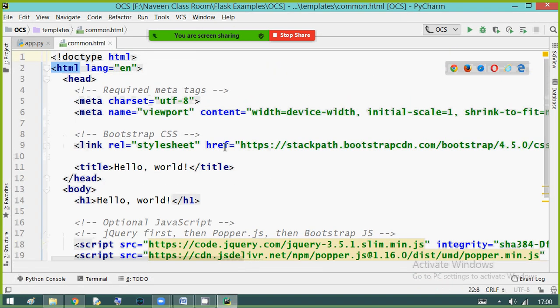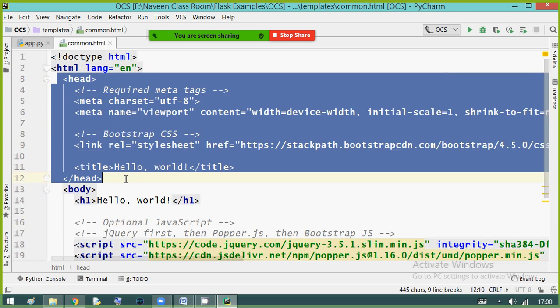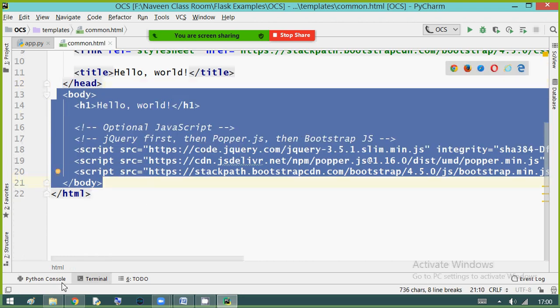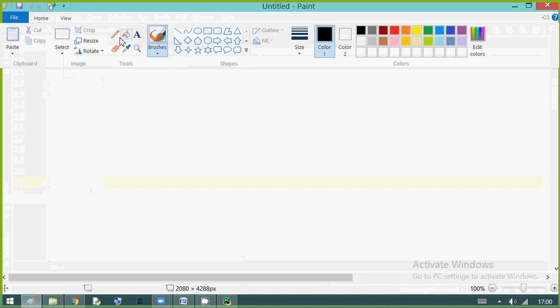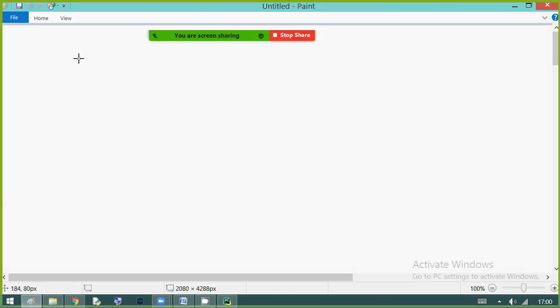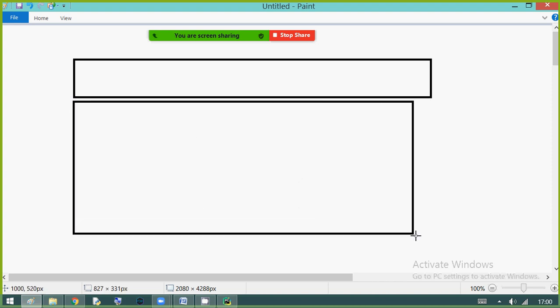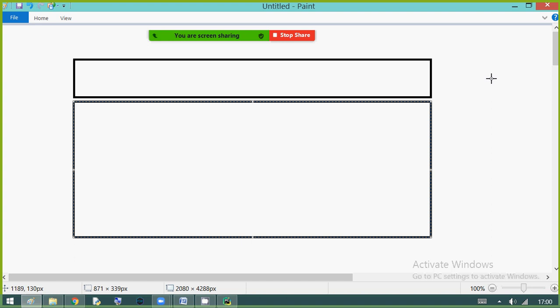That's it. So if you observe, you can find the head part, HTML and the body part. So I'm designing like this, guys. Observe. In the HTML, the title part is common for all. I mean for student, for admin, at the time of login or registration, the title part will be common, right? So this is the title part, and this is the other content, or you can say body part.